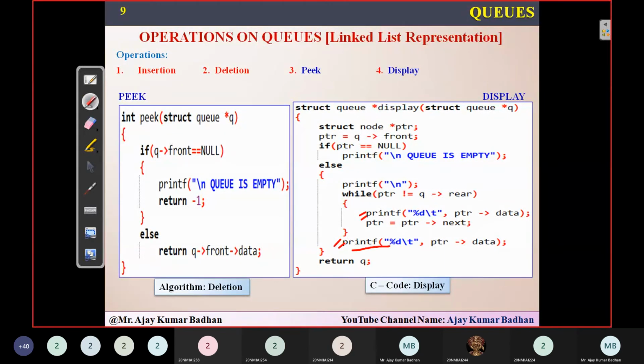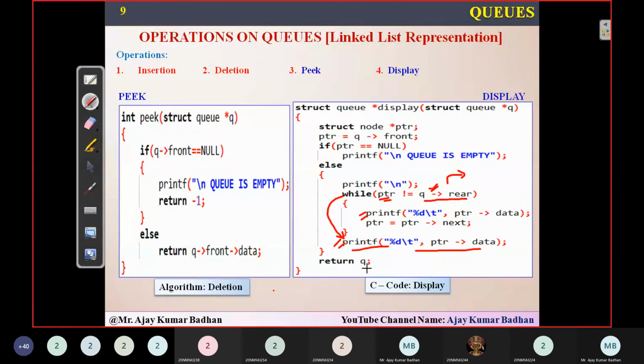Why we write it at the end is because when the pointer reaches the last node, it becomes equal and will simply come out of the loop. But that last node consists of some data that I have not printed, that I have to print. Now the pointer has reached this particular location, so when I come out of this while statement, I simply display the pointer data. So whatever data is in the last node, I simply print it.